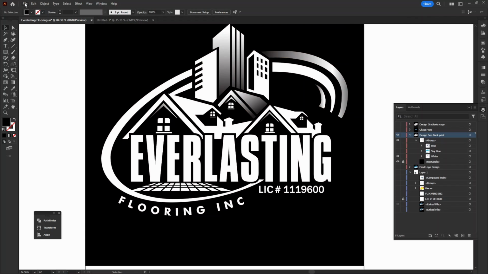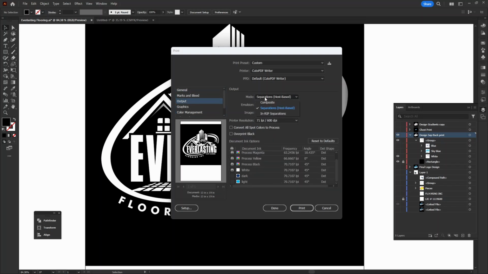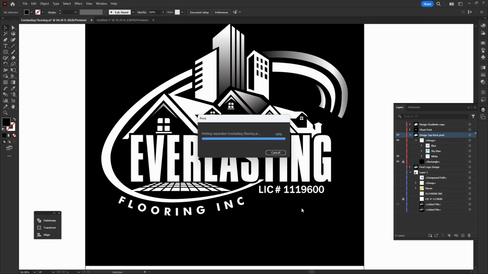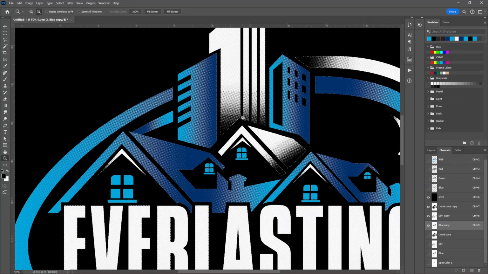So what I'm going to do is file, print, select PDF for the printer, medium size, custom, go to output, make sure your mode is in separations, and I'm going to be doing the white right now. So I'm going to make sure that only the white is selected. So on this one, I'm going to deselect those. Click print, and I'm going to name it underbase. Click save. I always close. I don't know why, but